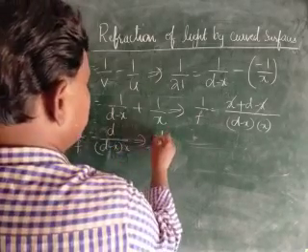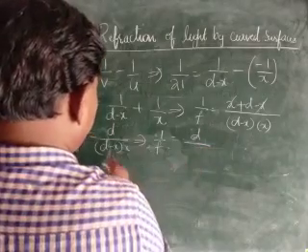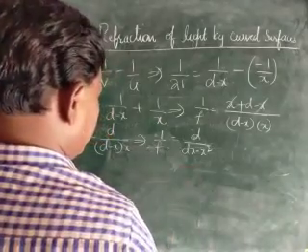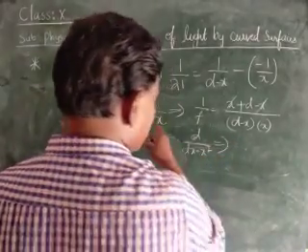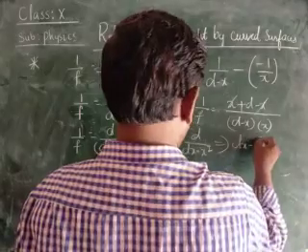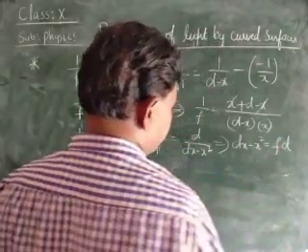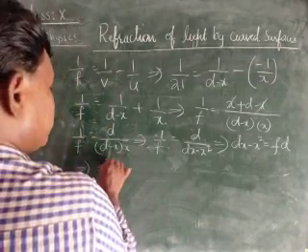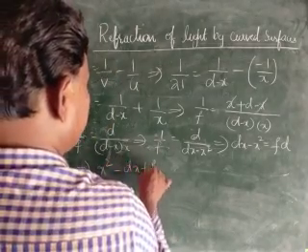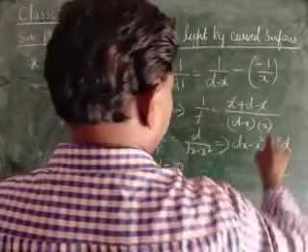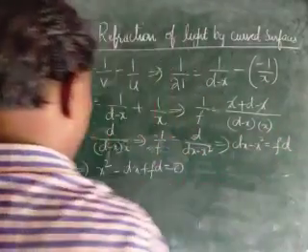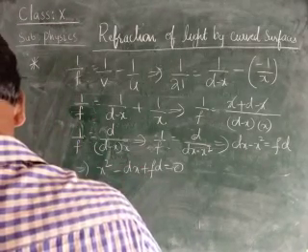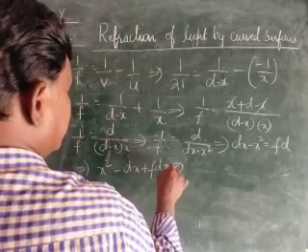That is, 1 by f is equal to d by (dx minus x square). That is cross multiplication: dx minus x square is equal to fd. Therefore, x square minus dx plus fd is equal to 0. Transposing this side to make x square positive, we get x square minus dx plus fd equal to 0.